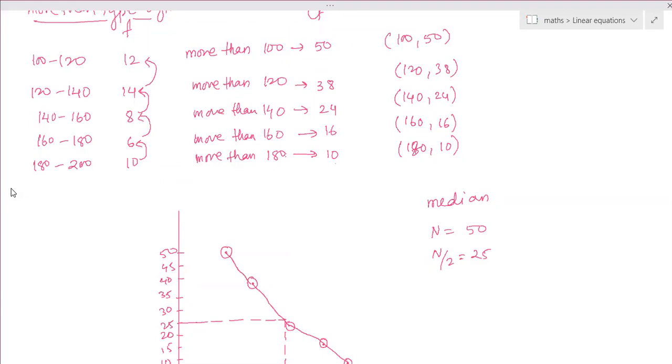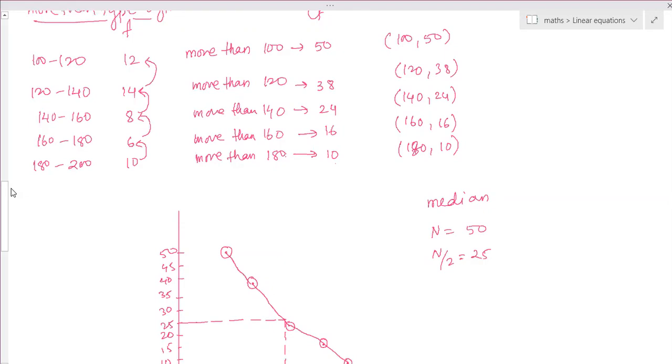Ma'am, both the lines meet on the graph at 24 for me. Yeah, somewhat personal error can happen. Human error can happen. Ma'am, next week which chapter are we starting? Trigonometry. Ma'am, but some errors in the exam, ma'am, can they be considered? If the answer is 138, it can be considered between 136 and 140 for graphs.